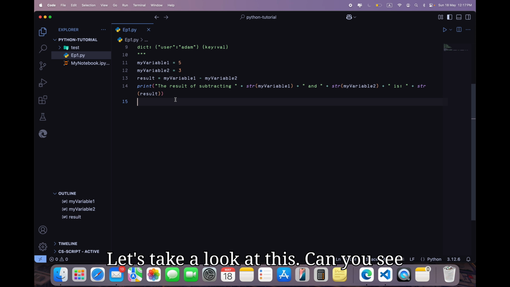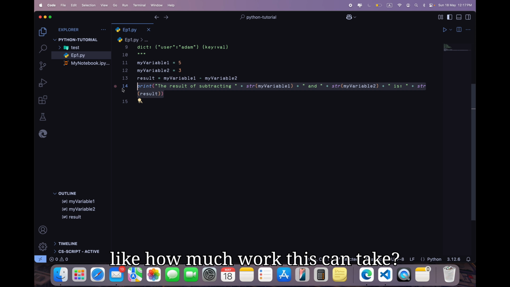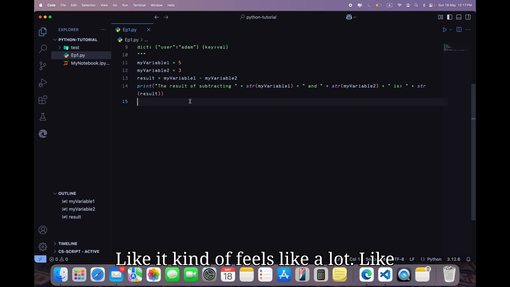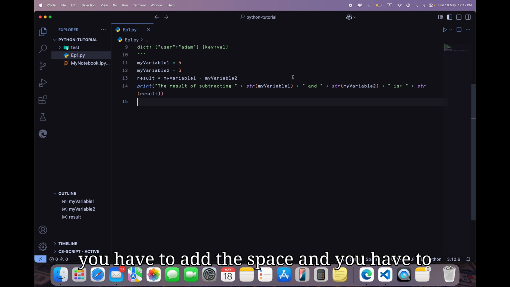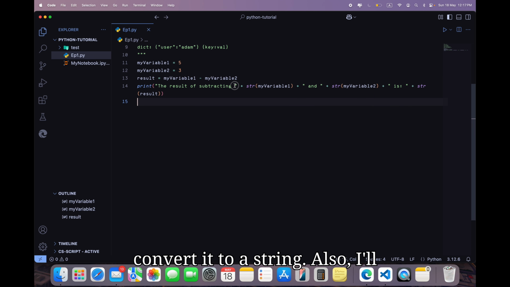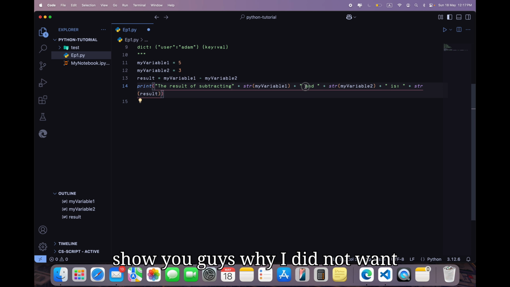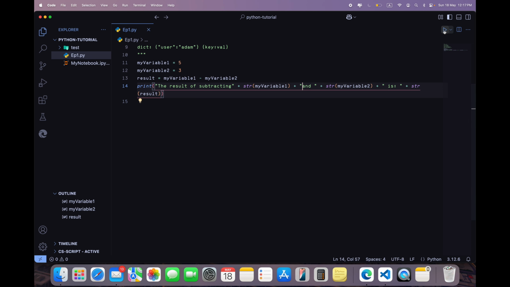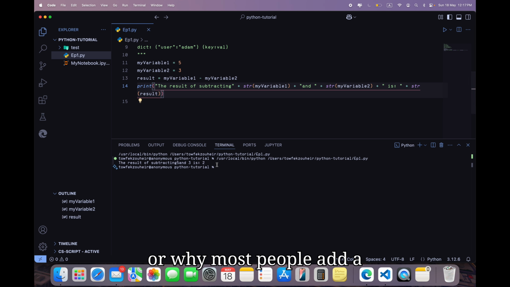Now let's take a look at this. Can you see how much work this can take? It kind of feels like a lot. You have to add the space, then you have to convert it to a string. Also, I'll show you why most people add a space, and it's because